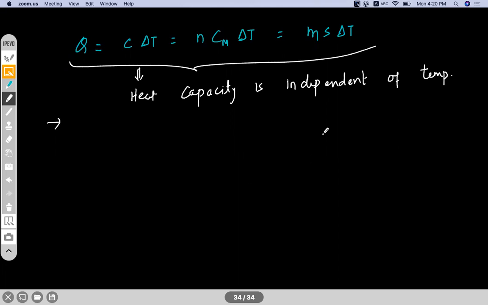Now, you see under different conditions, what is the value of heat capacity? Okay, based on this relation. This relation you must keep in mind. Okay, suppose I am assuming,